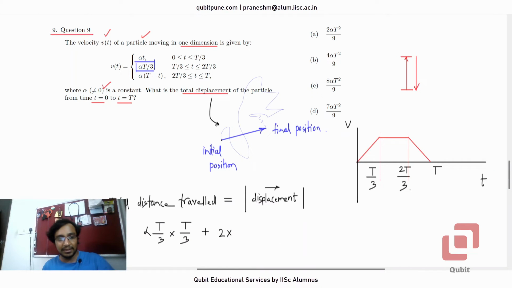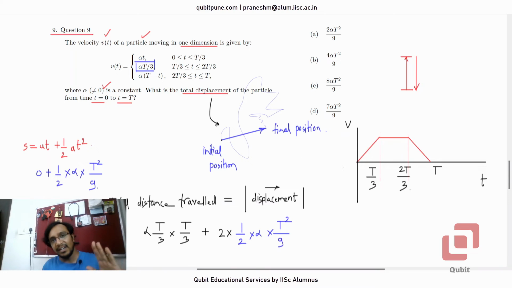What is that distance? Use the equation s is equal to ut plus half at squared. Initial velocity is 0, right? Alpha t at t equals 0, so that is 0. Plus half, what is the acceleration? Take the derivative of alpha t with respect to t, so that will be alpha into t squared, so that will be t squared by 9. We must multiply this expression by 2,